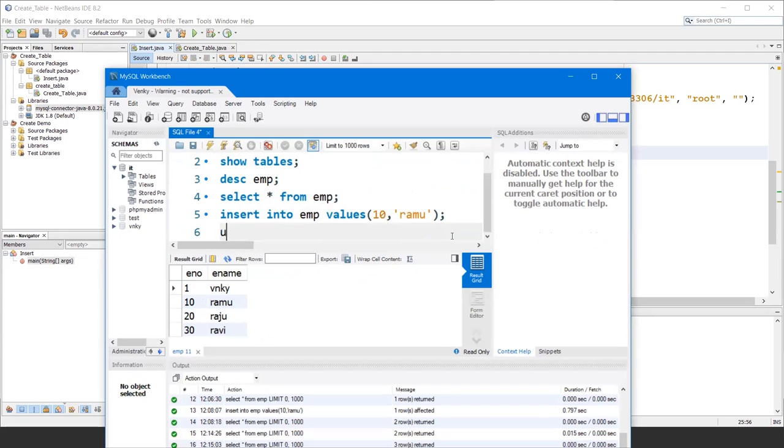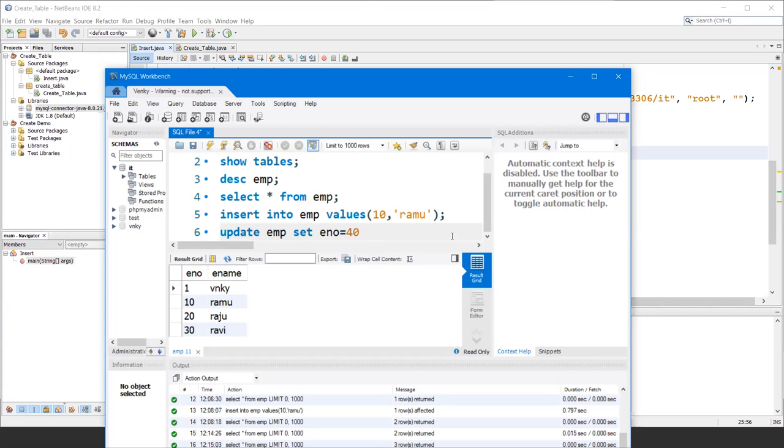The syntax is update emp. What would I like to update? The employee table. What I want to set is e number, to 40.